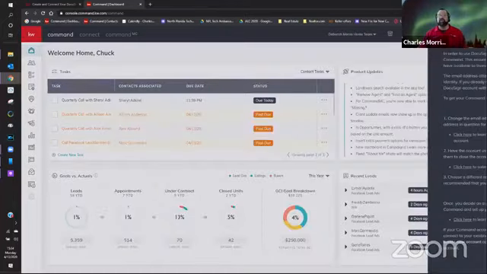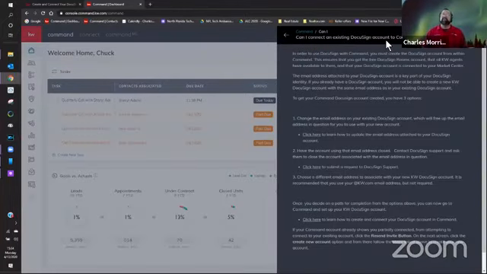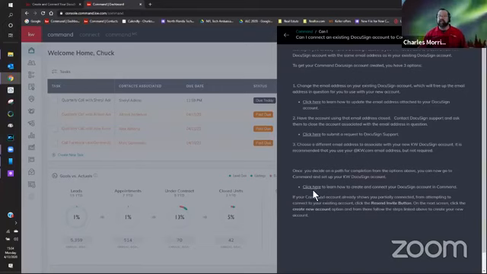Here with the question mark, which I know is the most underused tool that we have in Command, because I get a lot of questions with respect to can I connect an existing DocuSign account to Command. For Command, your account needs to be fresh, it needs to be new. They have a link at the very bottom of this: can I connect an existing DocuSign account to Command? Here, which you can click